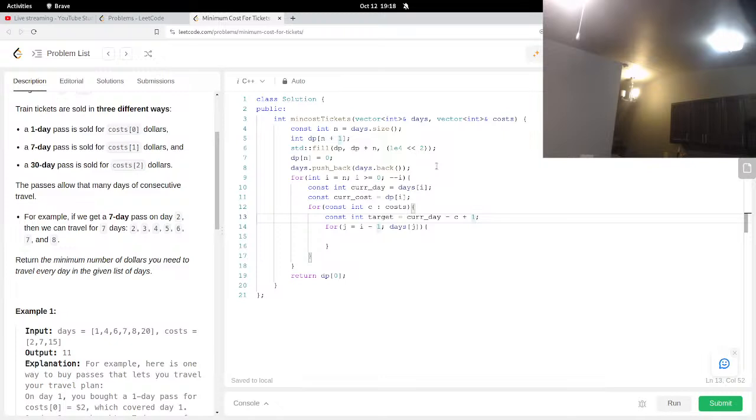The minimum cost. Okay. Then you could look 7 days to the left, 30 days to the left, or 1 day to the left, and reason about the cost to include that day and all the days to the right. And it would be